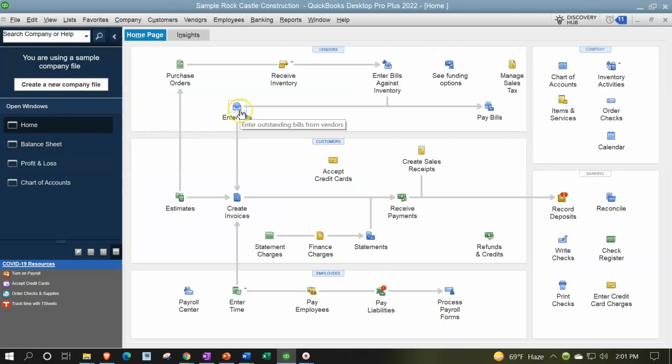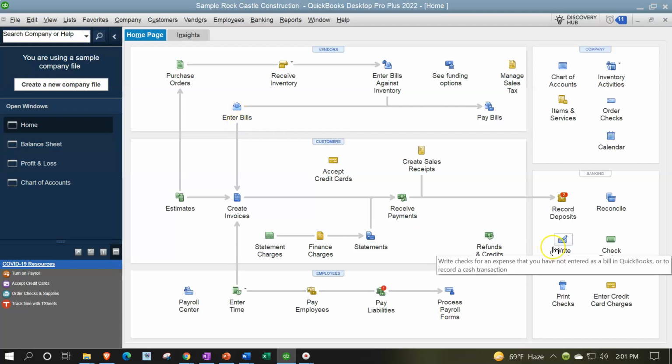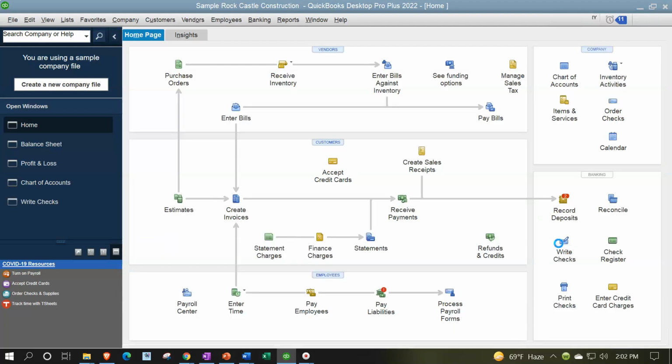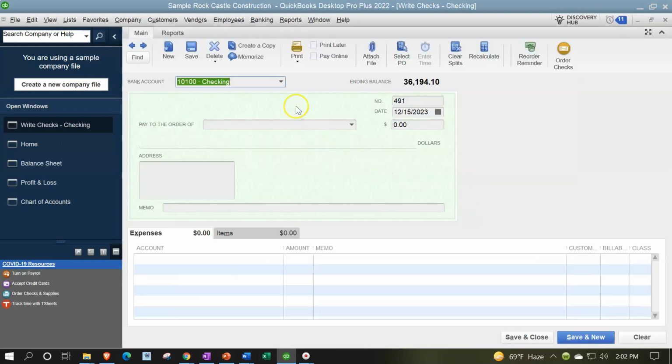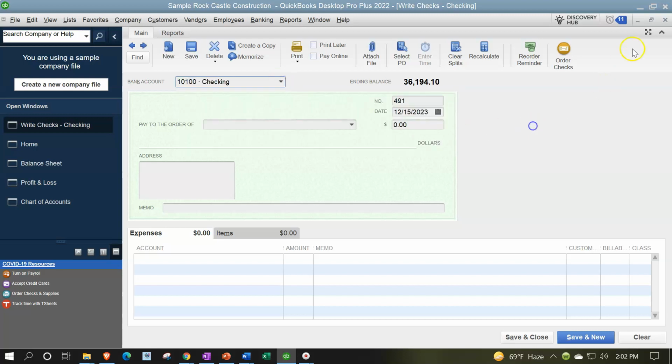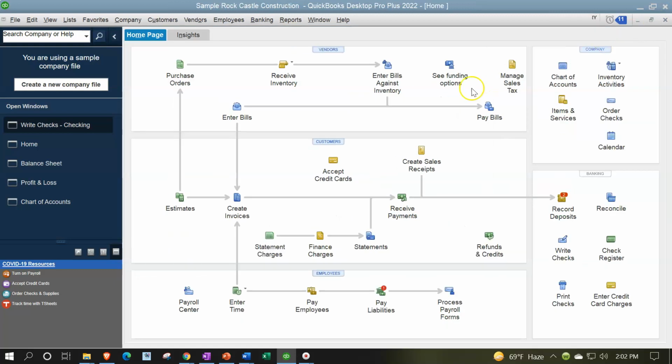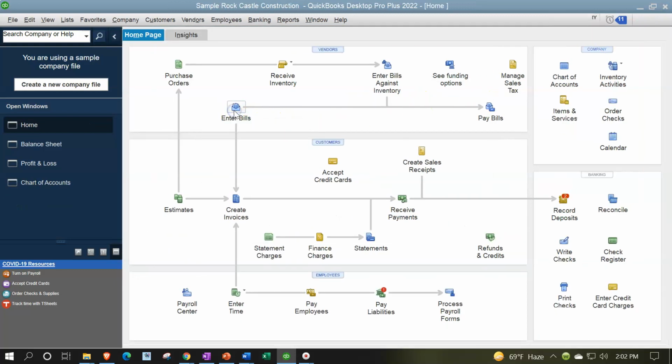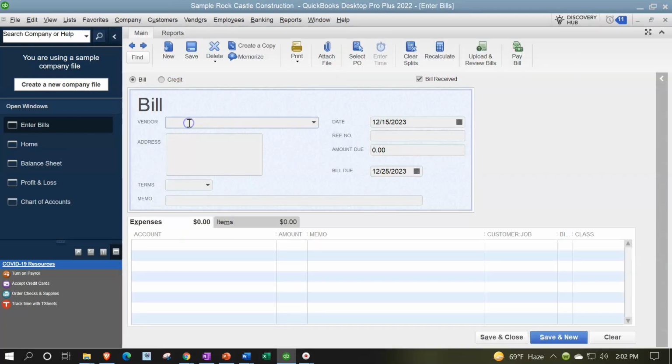I'm going to go through the full process here, entering the bill and then the payment. You could kind of shorten this by basically entering a check form down below. If you enter the check form, you can make this go right then to the Barter account again, a little bit faster. But let's go through the full accrual process. I'm going to enter the bill, and then we're going to say this is going to be the